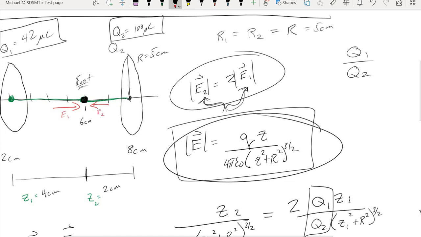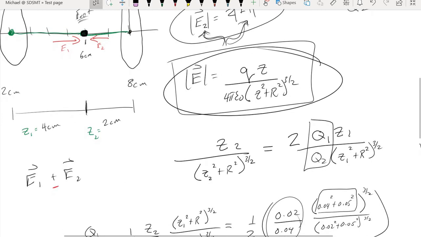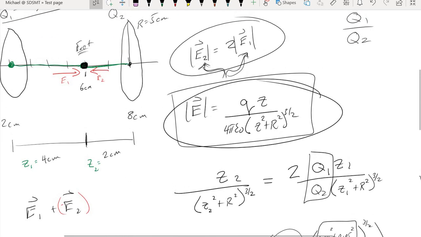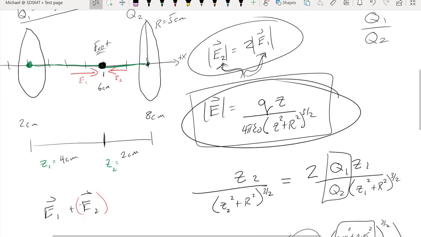Because these fields are opposing, the combination of these fields is actually going to end up as a difference, because now we can see that since our two fields are pointing in opposite directions, if we wanted to assign a positive direction to our system, which I guess we already have given the numbers here,